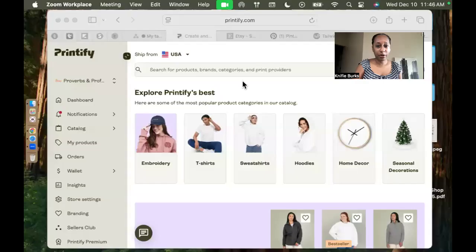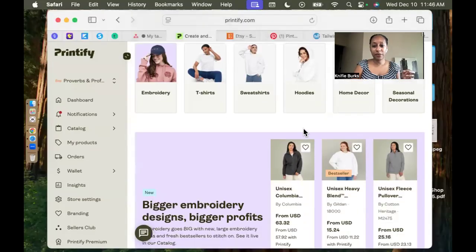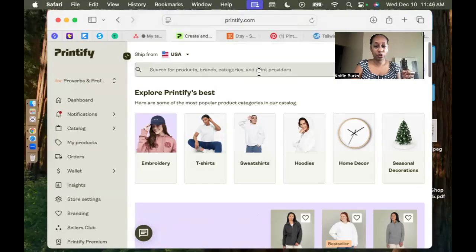All right, so this is Printify. Printify is basically a marketplace where you can get a lot of what I call blanks. You're going to get blank t-shirts, blank sweatshirts, hoodies, home decor, seasonal decorations that you can put your stamp on. So just say, for example, this is the sweatshirt that I usually use the most. But just say, for example, you want to do